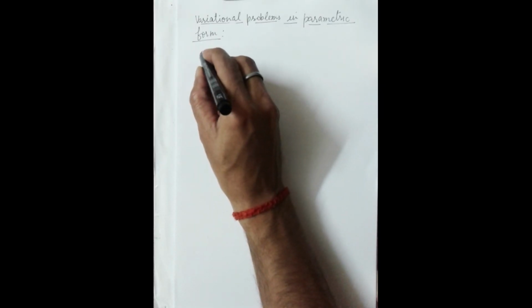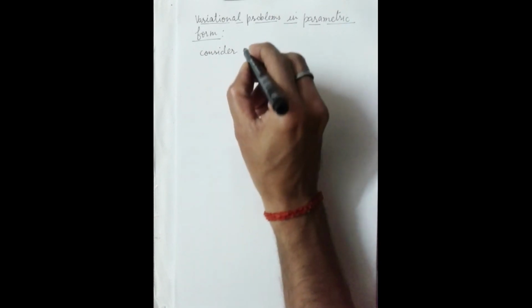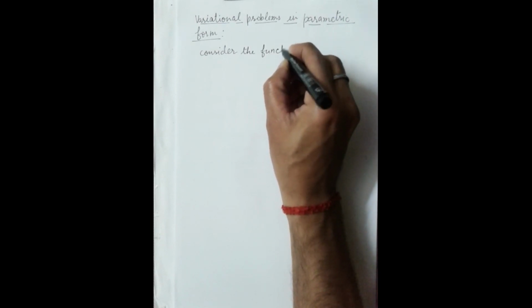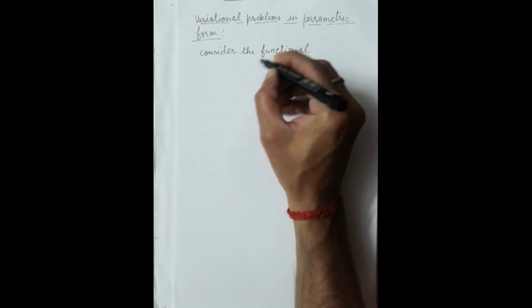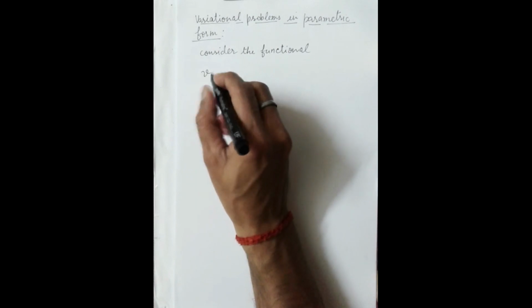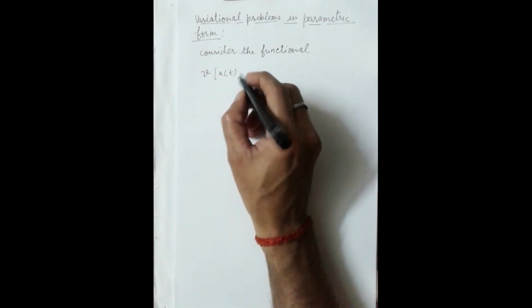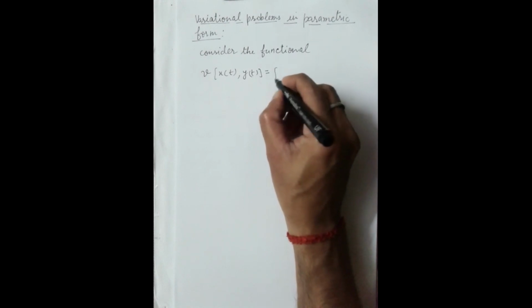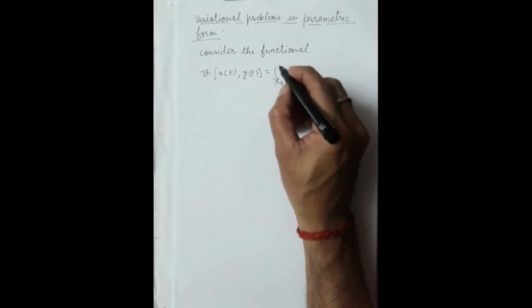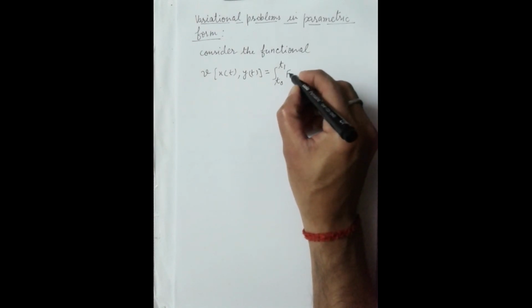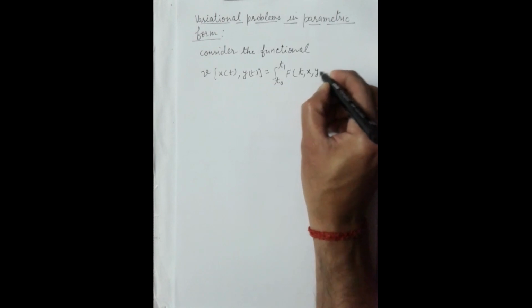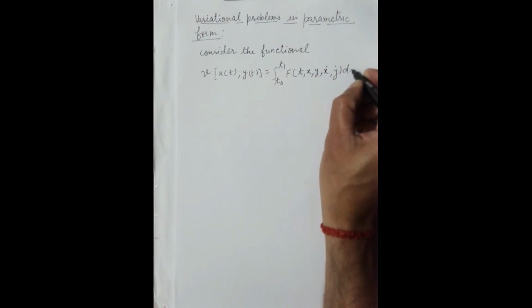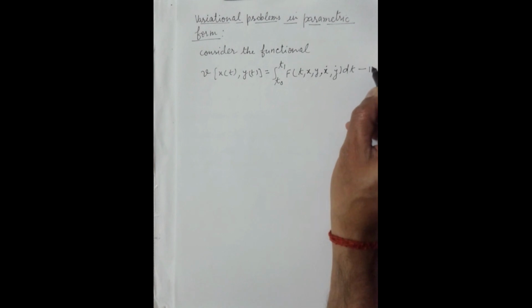Consider the functional v[x(t), y(t)] equal to the integral from t0 to t1 of F(t, x, y, x dot, y dot) dt. This equation is denoted by 1,